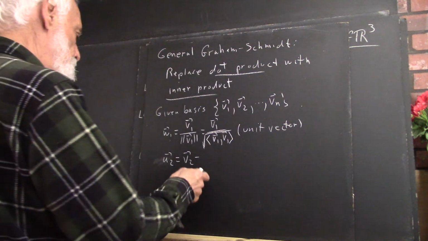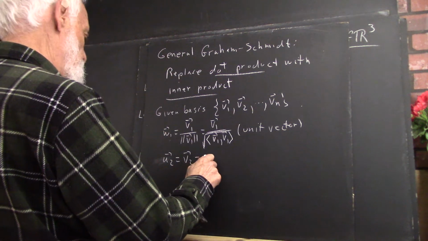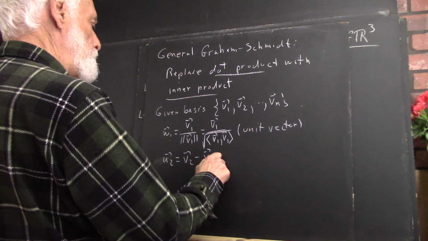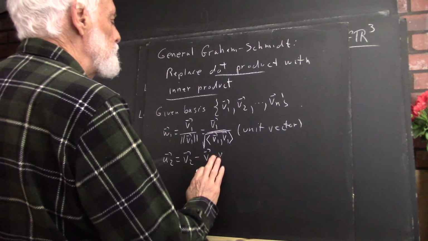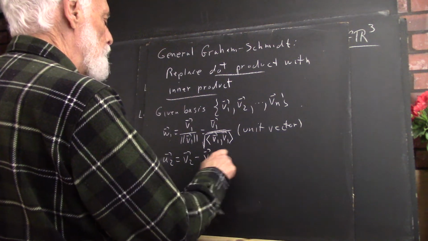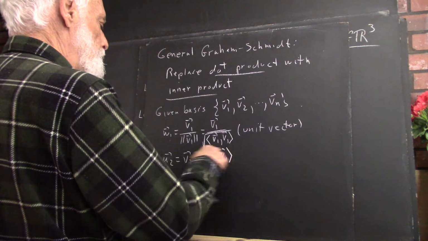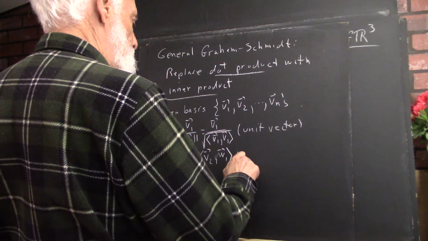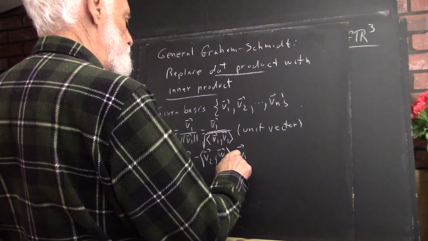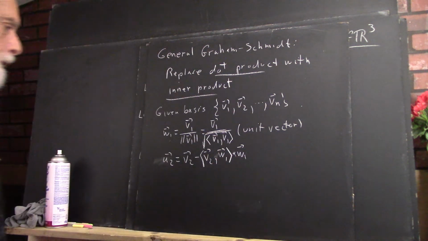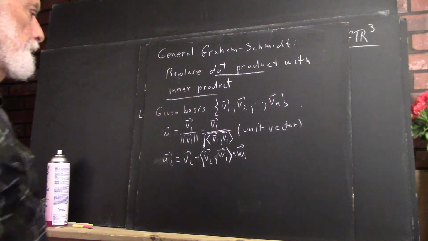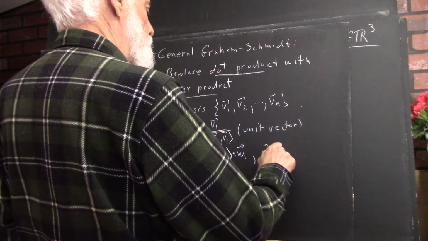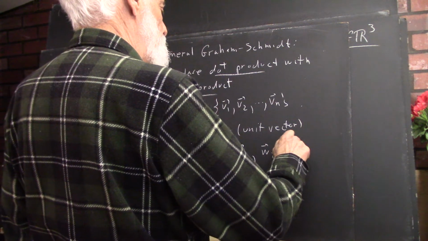That projection is just the inner product of V2 with W1, times W1. And then let W2 equal U2 over